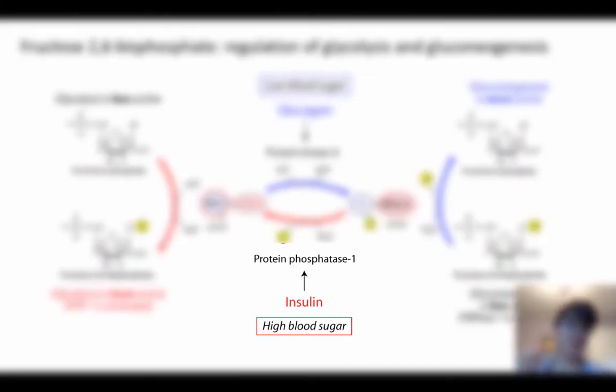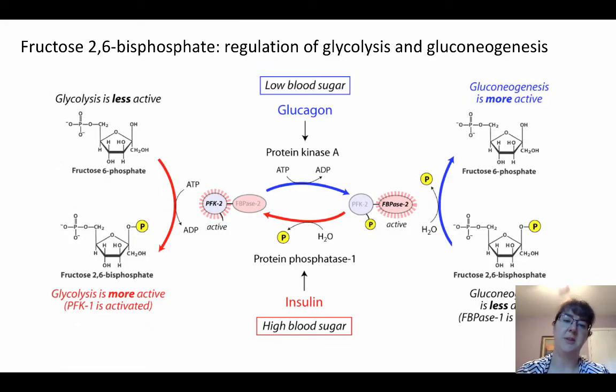Insulin, on the other hand, is going to stimulate protein phosphatase 1, but the important part here is, again, it's a phosphatase. So insulin is going to remove the phosphate from that tandem enzyme, which then is going to allow the kinase activity to be activated. So removing the phosphate is going to allow the kinase activity to be activated. Once the kinase activity is activated, that's going to stimulate that production of fructose 2,6 bisphosphate. Fructose 2,6 bisphosphate is going to activate phosphofructokinase,